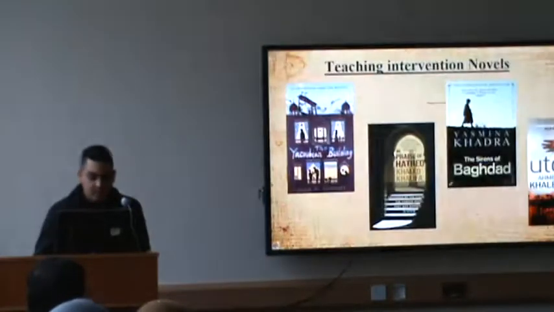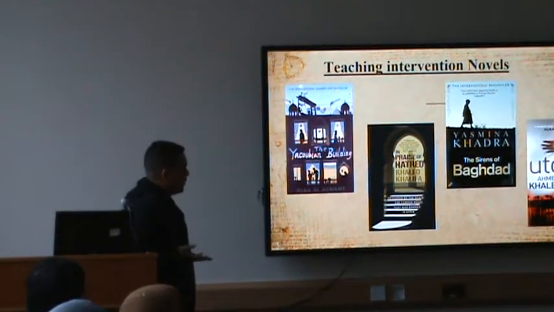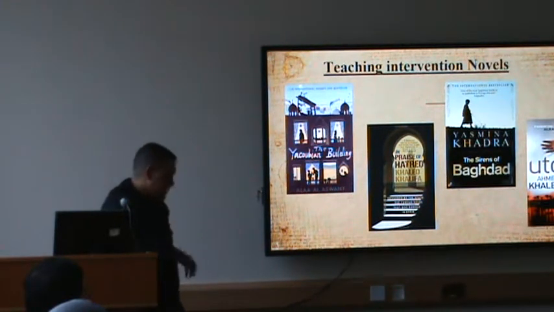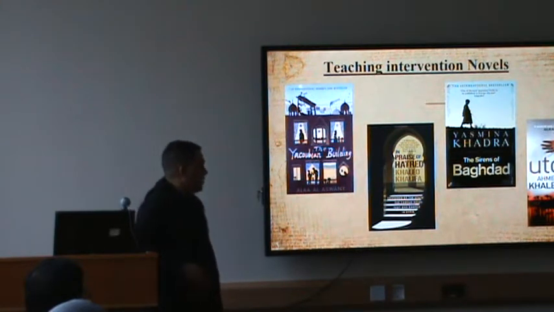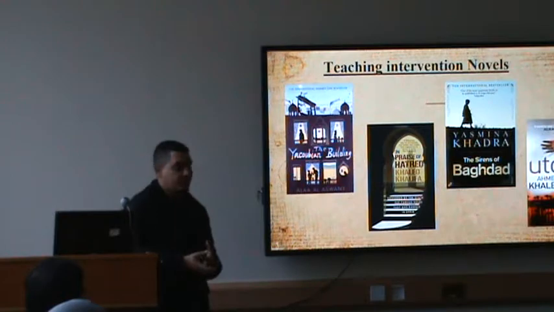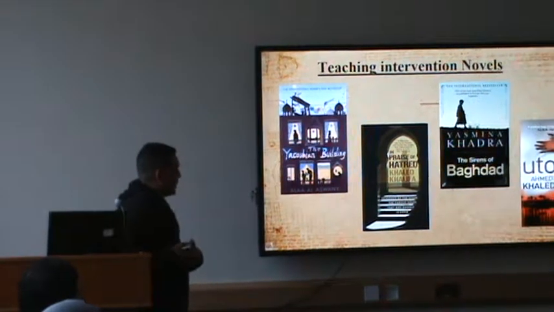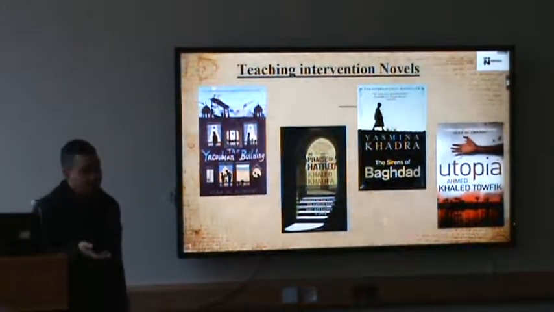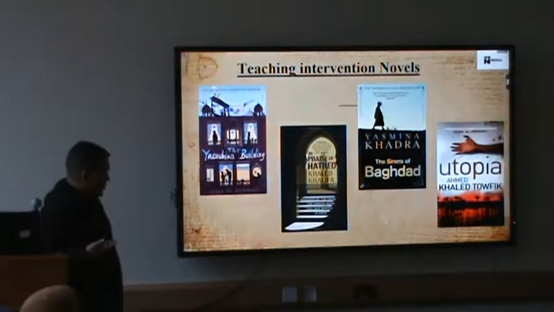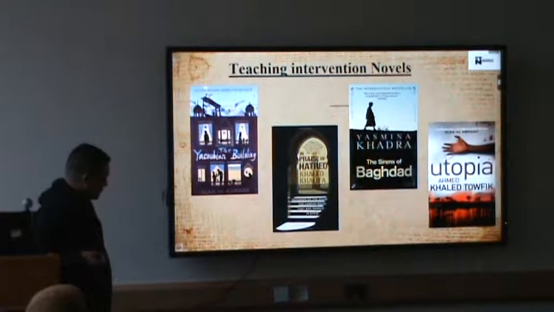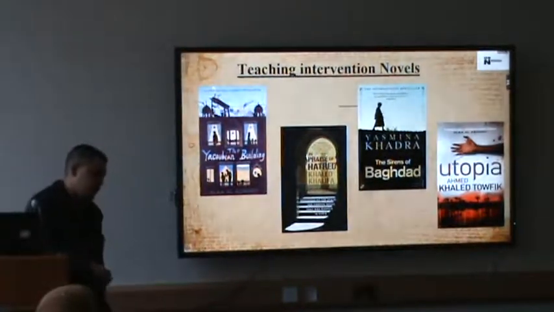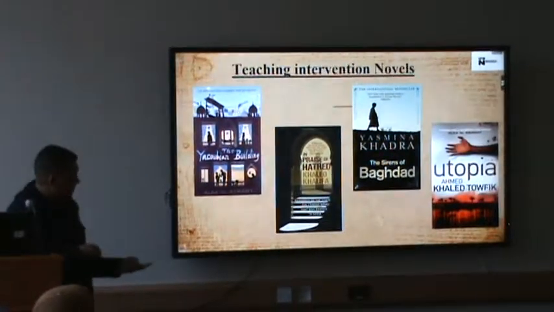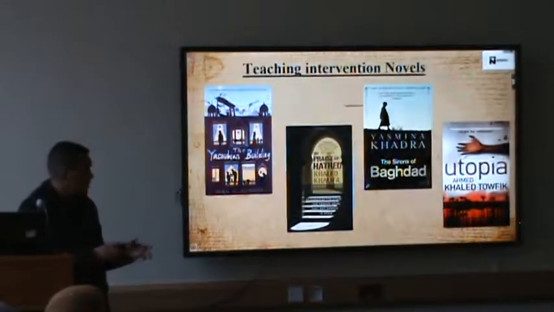So now let me move to the teaching intervention, because we are using 4 Arab novels. They belong to the Arab Spring movement, and most of the critics call them the sparking of the Arab Spring. So first of all, let me start with The Yacoubian Building. All of our Arab citizens know the Yacoubian Building, also known as Imarat Yacoubian. This is one of the controversial novels, where the author brings up taboo topics, very controversial topics like homosexuality, and also feminine issues, and also the regime uprising. So all in this novel.